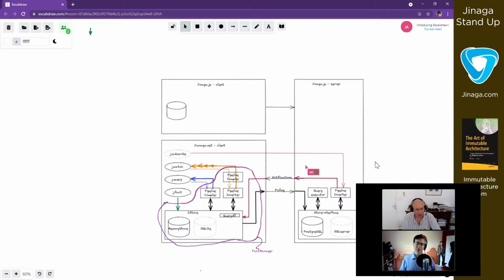That will also go through the Fact Manager, but you are correct that it doesn't go through all of those other components. It does set up a subscription, a direct route.